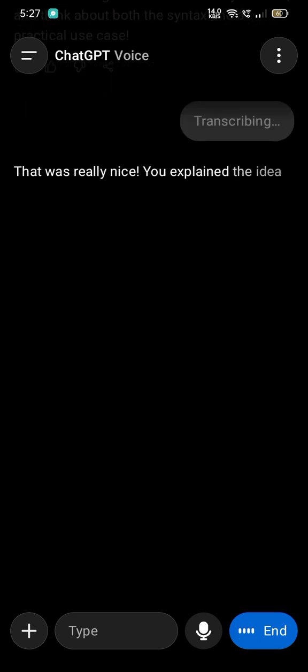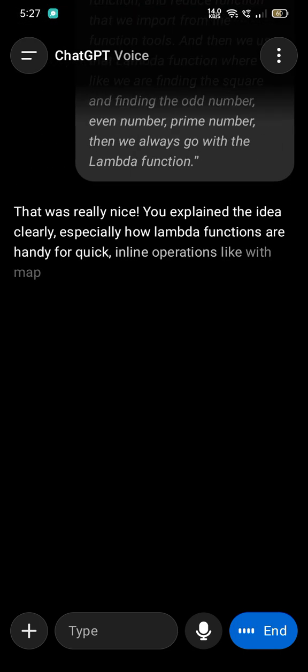That was really nice. You explained the idea clearly, especially how lambda functions are handy for quick inline